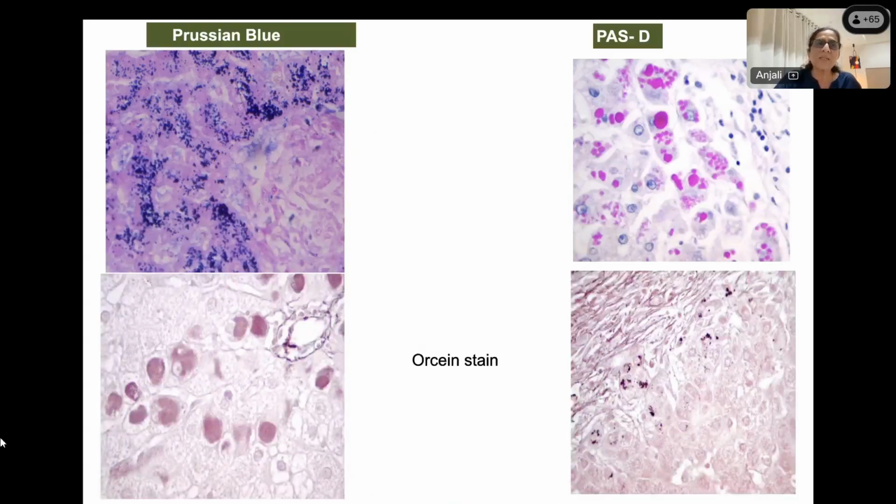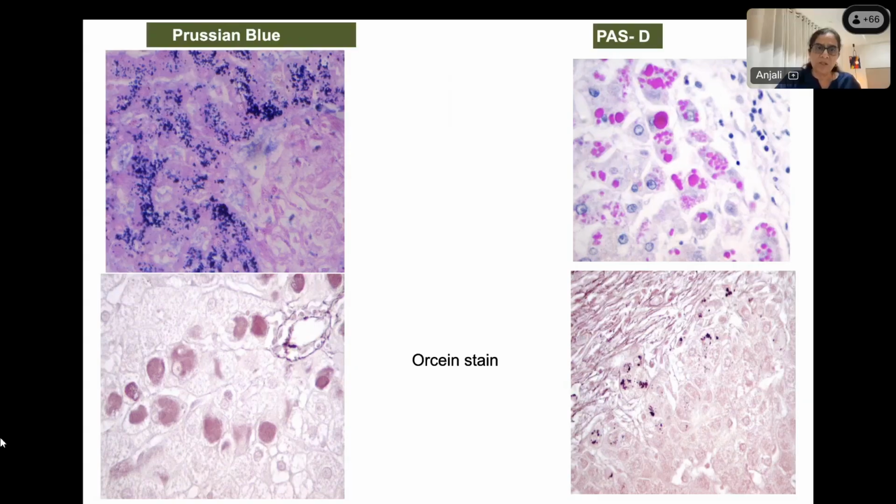Now, another special stain is Prussian blue. Prussian blue is a very good special stain to judge iron overload. Then PAS with diastase, and you can see these globules in PAS diastase. When you see these globules, you may think of alpha-1 antitrypsin deficiency, but presence of these globules on PAS diastase doesn't always mean that this is a case of alpha-1 antitrypsin deficiency. After all, the diagnostic test for alpha-1 AT is the PiZZ genotype. So this is about PAS diastase.